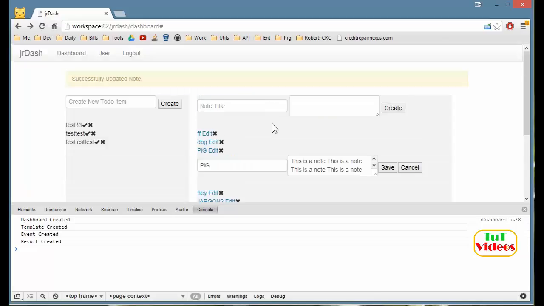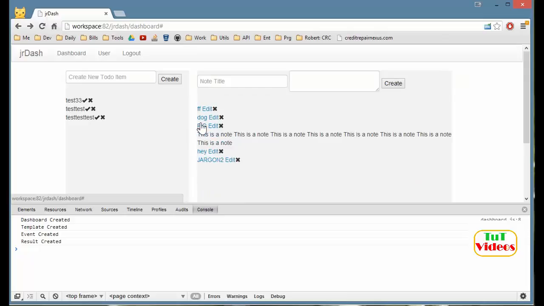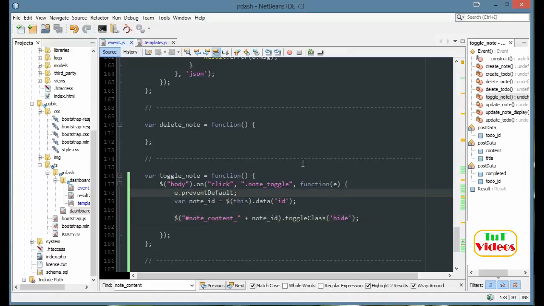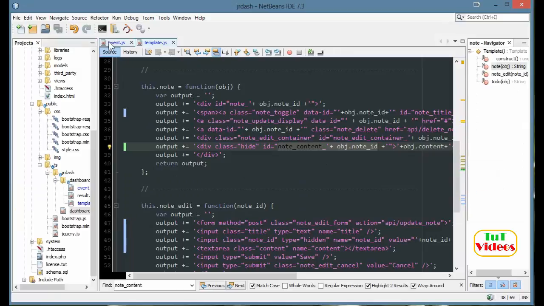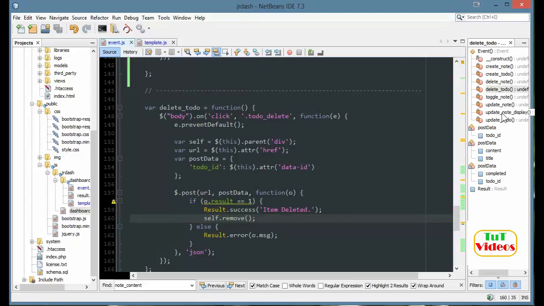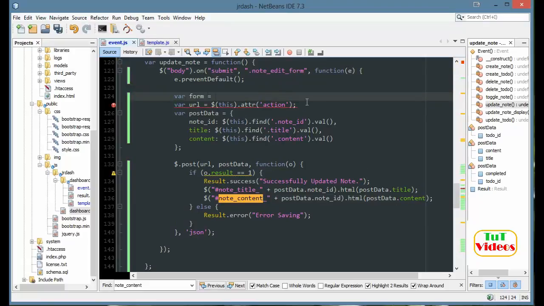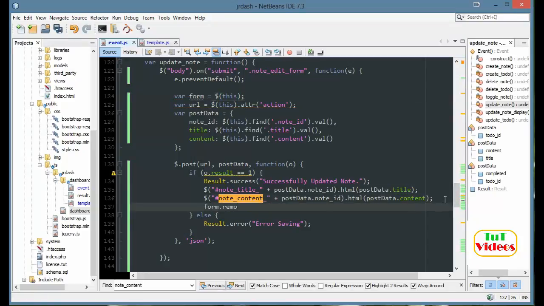Okay. Now, if it's successful, it might be wise to also hide the form. So let me hit cancel, make sure all that's there. Okay. So how about once they save it, we also hide the form? Under event. So if it's a success, under update note, and then the form is the note edit form, and what I'll say is var form equals this, and I'll say form dot remove,